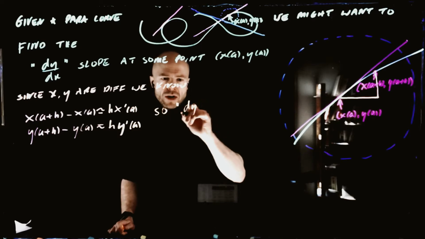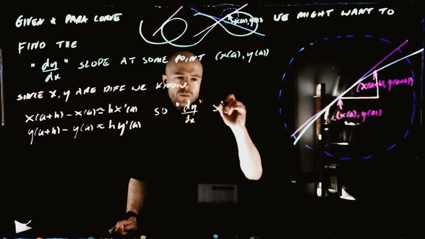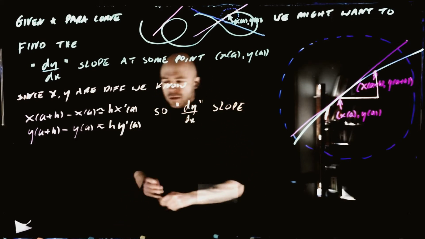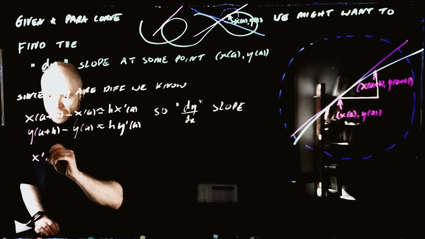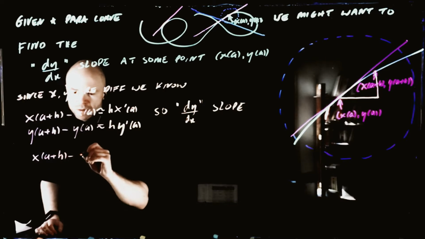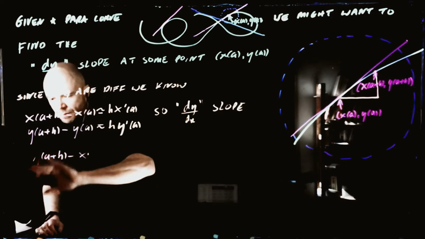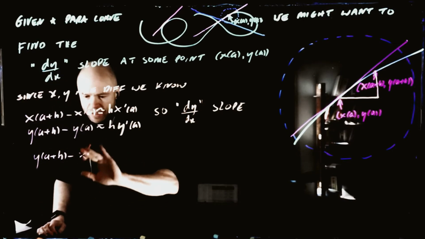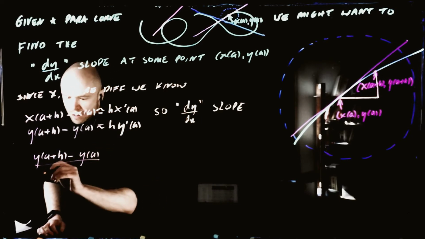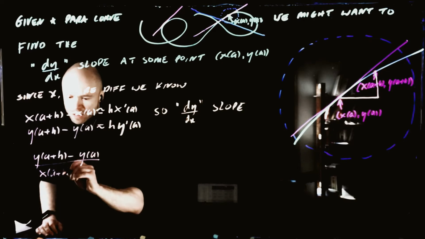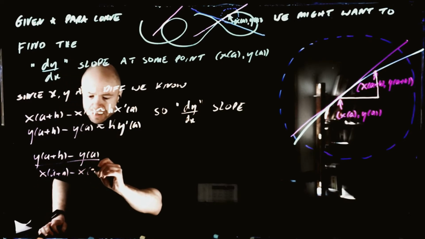The dy by dx slope is going to be exactly this thing, which is y of a plus h minus y of a, over x of a plus h minus x of a. That's exactly